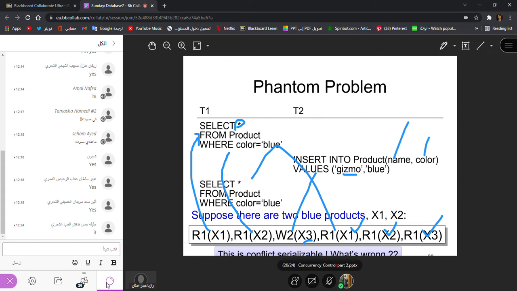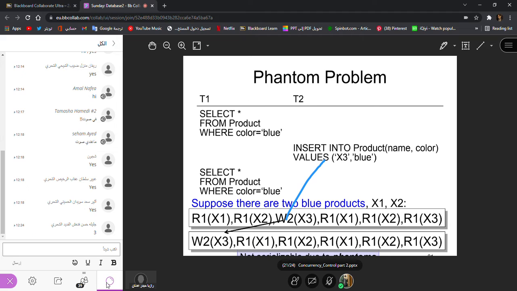And what they are saying here in the next slide, that this is not a serializable schedule because of phantom. So if you will write this schedule, and if you will try to bring it before, what does it mean? This one is for this one.